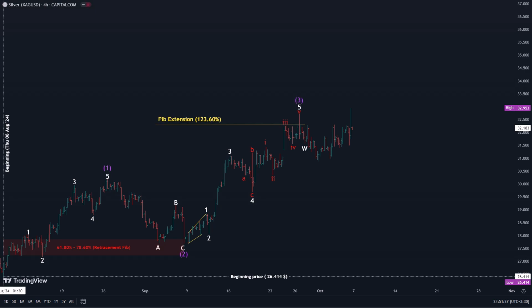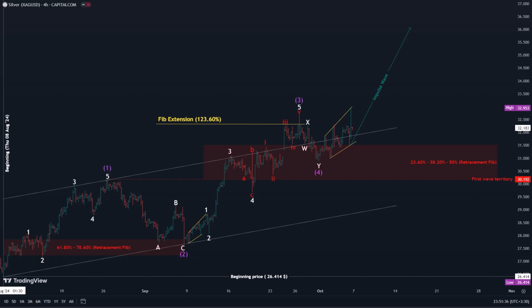It appears that the first and third waves are almost identical in size. It is possible that the fourth wave, which is expected to have ended in the form of a double zigzag, will lead to an extension in the bullish market, where the price will reach the 3 predicted targets. However, there is a possibility that the fourth wave will become more complex and potentially form a sideways pattern.